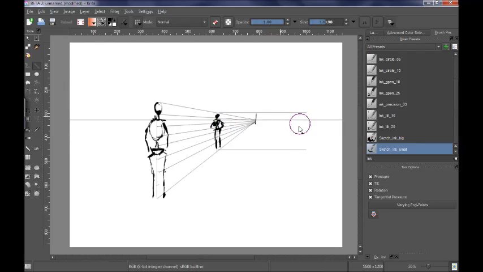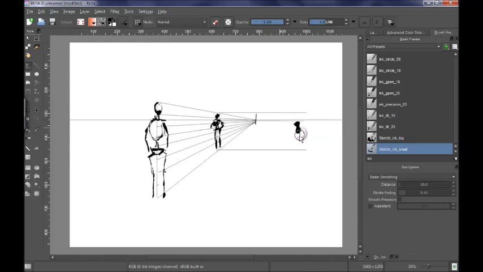So the height of a figure that is sitting, all right, is 6 heads. So I need to find the 6 heads mark here. 1, 2, 3, 4, 5, 6. All right, somewhere here, and I want to draw a line parallel to the other lines somewhere here. Okay. And now I want to start drawing my sitting figure, all right, somewhere like so, here, all right, maybe, okay,